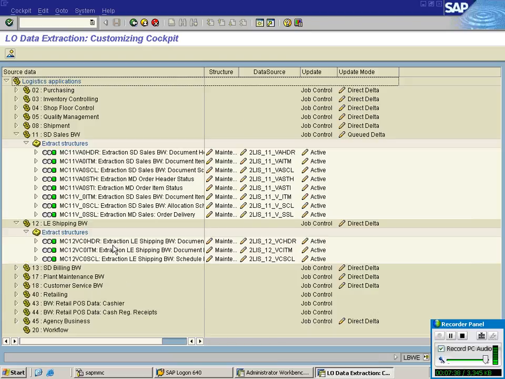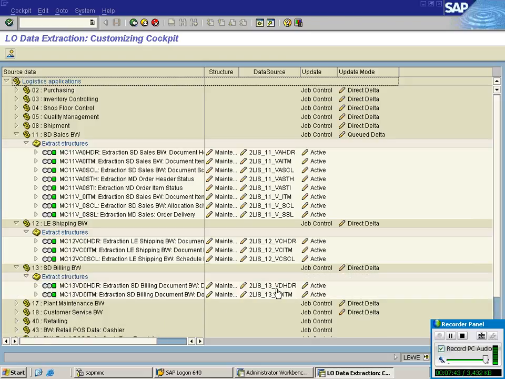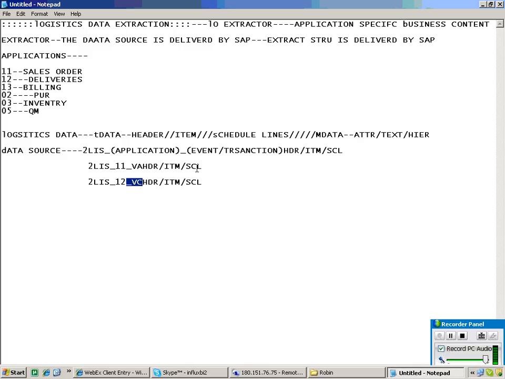I am just trying to show you how it is different. If it is billing, 2LIS_13, VD, header, item.